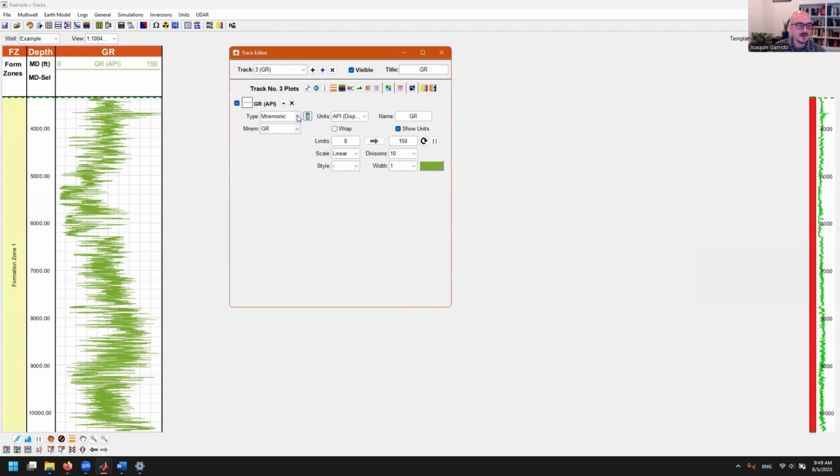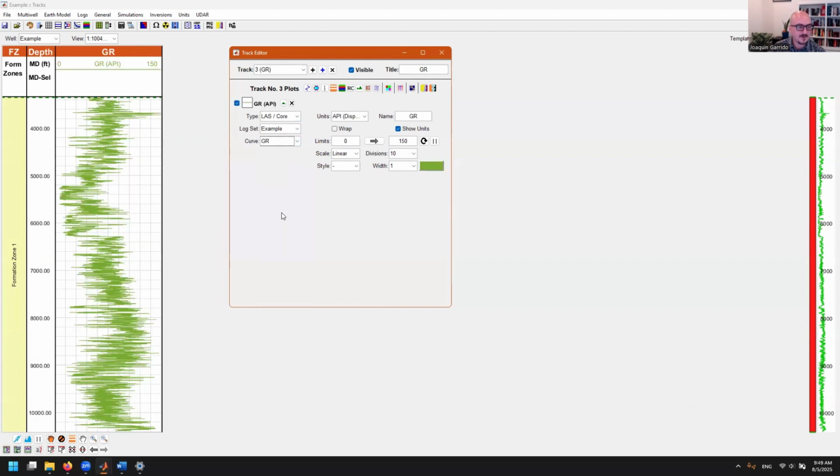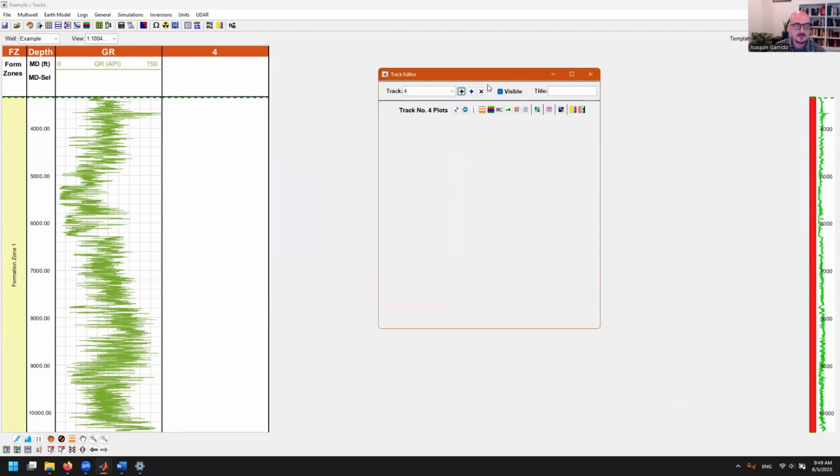So instead of that, I could have gone LAS and then selected explicitly the gamma ray curve, and it still picks up the right color and picks up the right limits. This is one of the types of curves that we have, that log plot. You can add another track just by clicking here. And then here I'm going to add, for example,